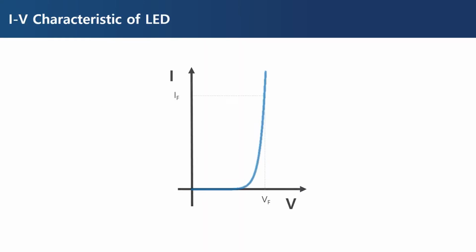The IV characteristic of the forward biased LED is shown in this figure. This figure shows the amount of current according to the voltage applied to the LED. In other words, when the voltage is small or reverse bias is applied, the LED does not illuminate, because current does not flow. Then, when the voltage is increased, the current starts to increase, and when the voltage exceeds a certain amount, that is, larger than the forward voltage, the current flowing through the LED increases rapidly. Therefore, it is important to limit the amount of current to prevent damaging the LEDs.